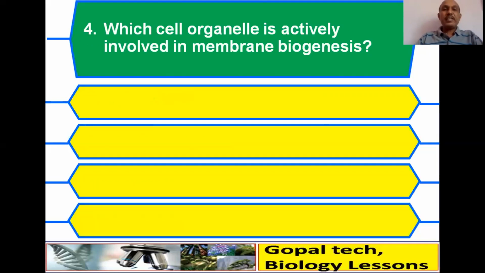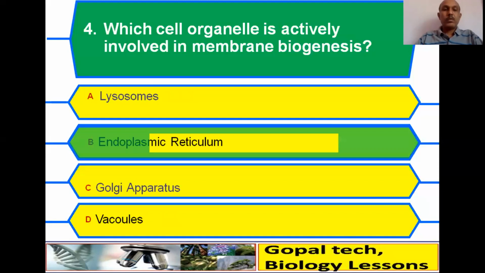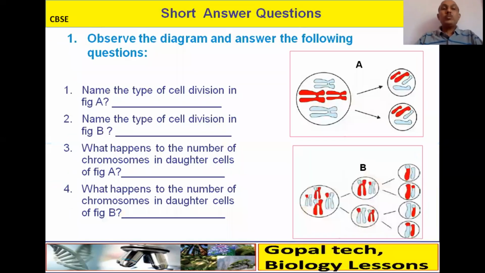Cell organelle is actively involved in membrane biogenesis. Lysosomes है, एंडोप्लाज्मिक रेटिकुलम है, गोल्जी apparatus है या वैक्यूल्स है। ओके, सो सही आंसर क्या है, एंडोप्लाज्मिक रेटिकुलम, क्योंकि इट विल प्रोड्यूस प्रोटीन एंड लिपिड्स।